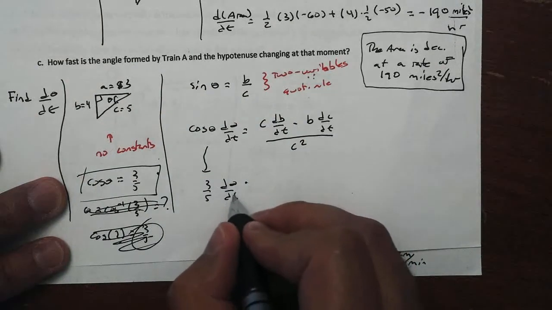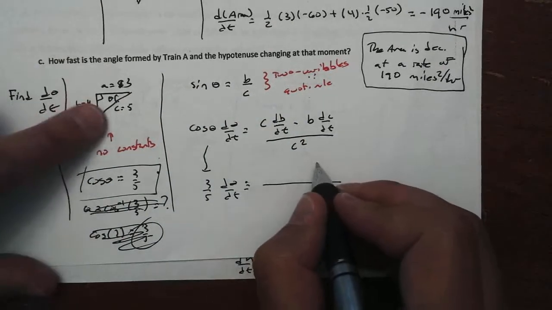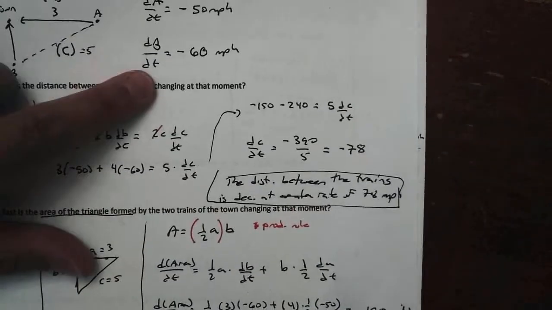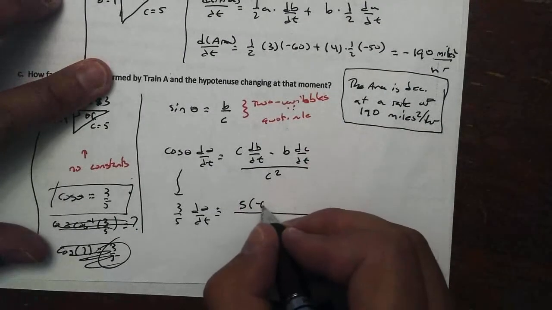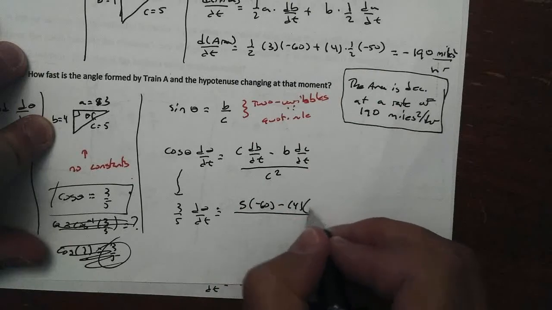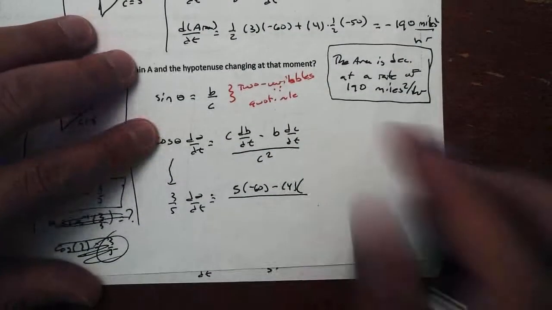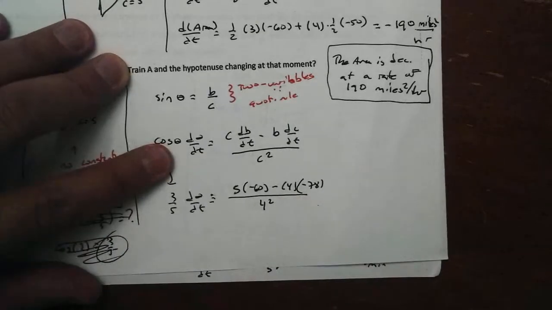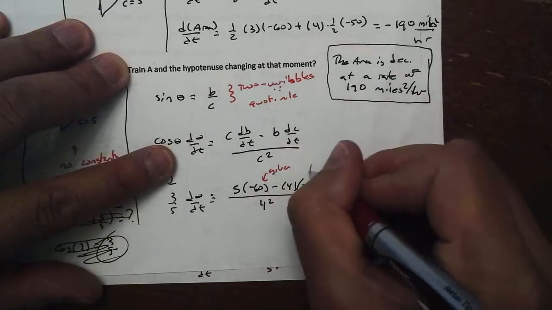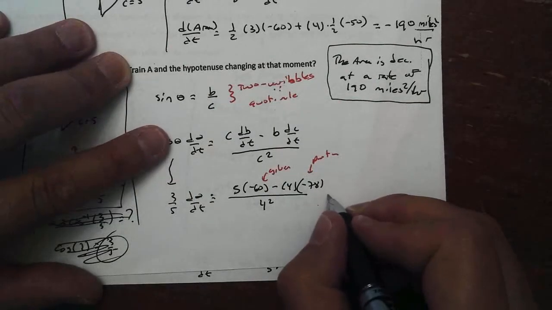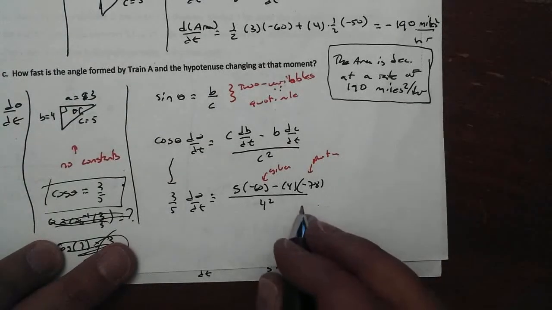dθ/dt is what we want, equals C, which we know is 5, times dB/dt, which we know already, dB/dt is way up here, negative 60, minus B, which is 4, times dC/dt. Now be careful, dC/dt is from part A. We found that in part A, that's negative 78. All over C squared, which is 5 squared. Remember, this was given, and this is part A. And if you type all of that in your calculator and multiply through, you would get